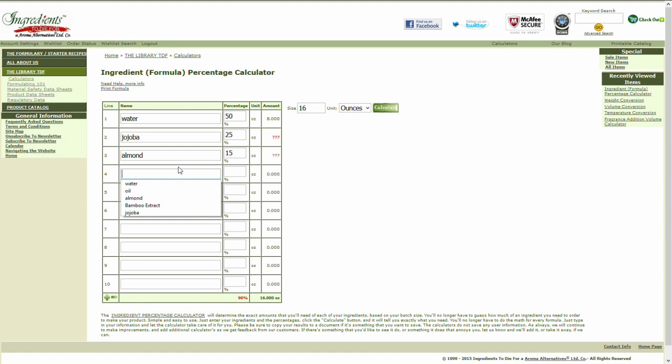And then I'm going to type in apricot kernel oil. You always want to have your recipes at 100%, and in this case, my recipe tells me I need 10% apricot kernel oil. Always hit your tab button to get out of the field. Now if you confirm at the bottom, we have 100% entered, and we're going to make 16 ounces. All you have to do, come over here, hit the green calculate button, and that will tell you to make 16 ounces